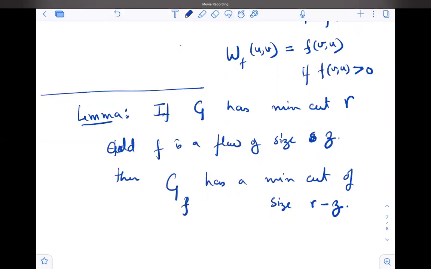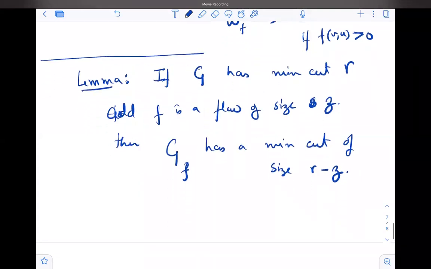As long as your flow size is not reaching the min cut, you will have a min cut non-zero. You keep on having that. And another lemma that I'm going to write here, and I'm not going to prove either of them, I'm leaving you guys to prove it, is that